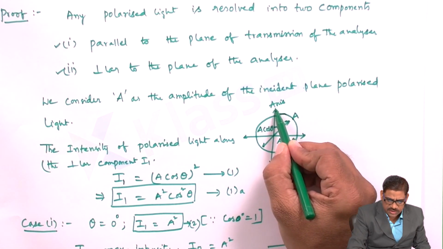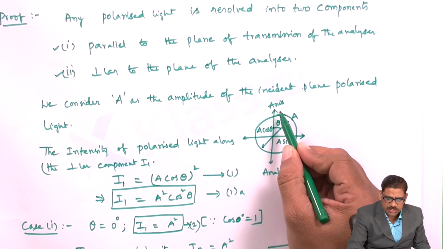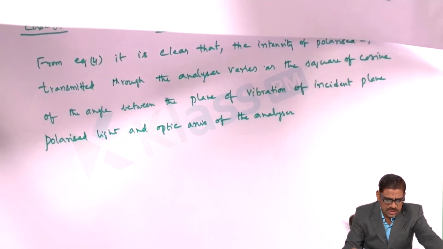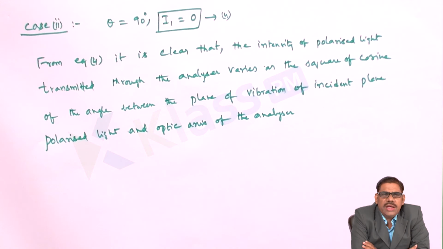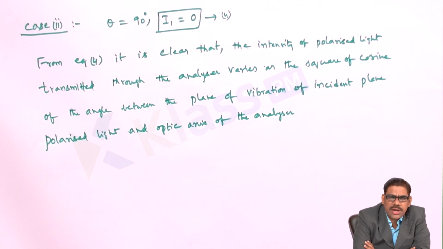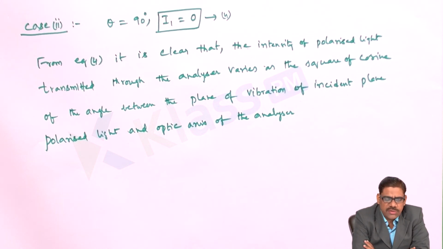So you can see this is the analyzer axis, which is also termed the optic axis. So that is how we can say that if a component varies with respect to the angle, then the intensity is directly proportional to the square of the amplitude, or the intensity is equal to 0. That is with respect to the cosine of the angle between the plane of transmission of the analyzer and the plane of the polarizer. So this is how the statement of Malus's law